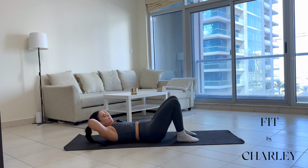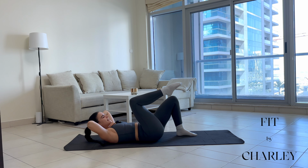Just 8 more here. Trying to flex the spine a little bit more if you can, getting up a little bit further each time, but trying to keep the elbows nice and wide. You've got it, just 4 more. For 3, use those upper abdominals. Last 2. Last 1. From here, keeping the chest and shoulders up, you're going to bring your right leg in and extend